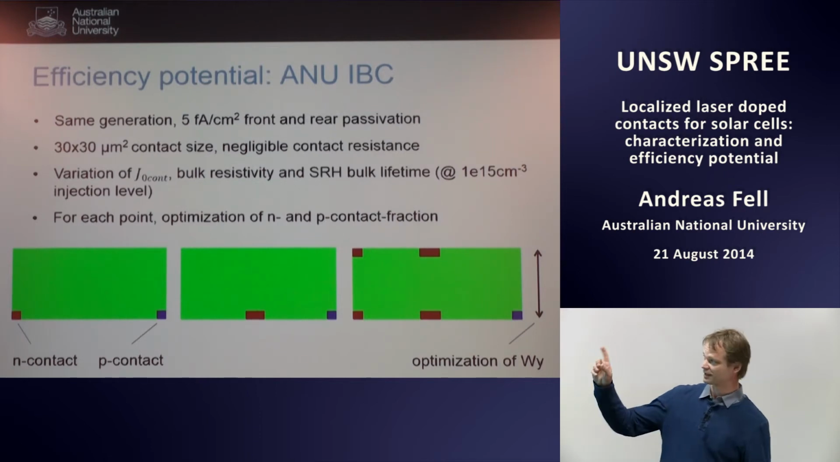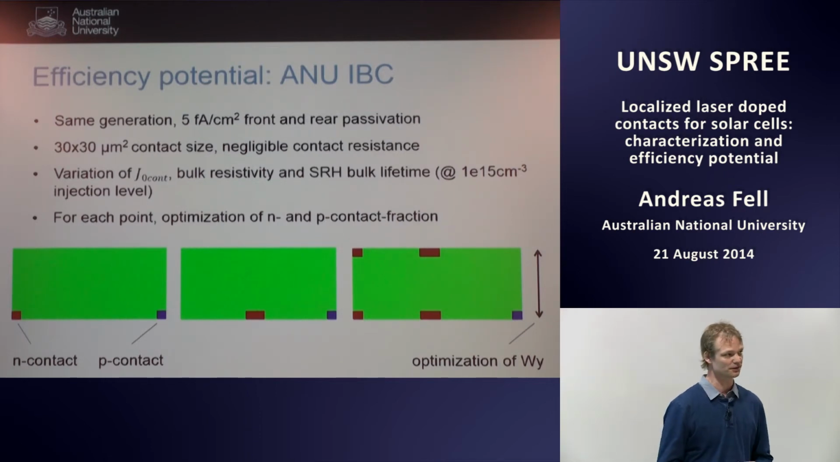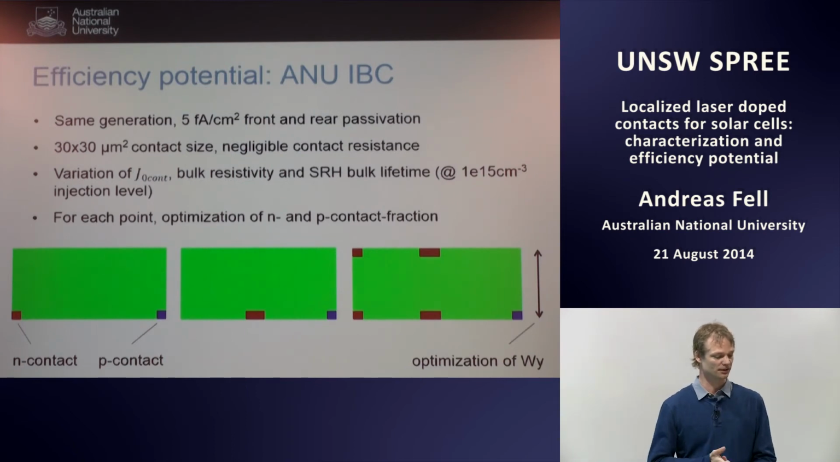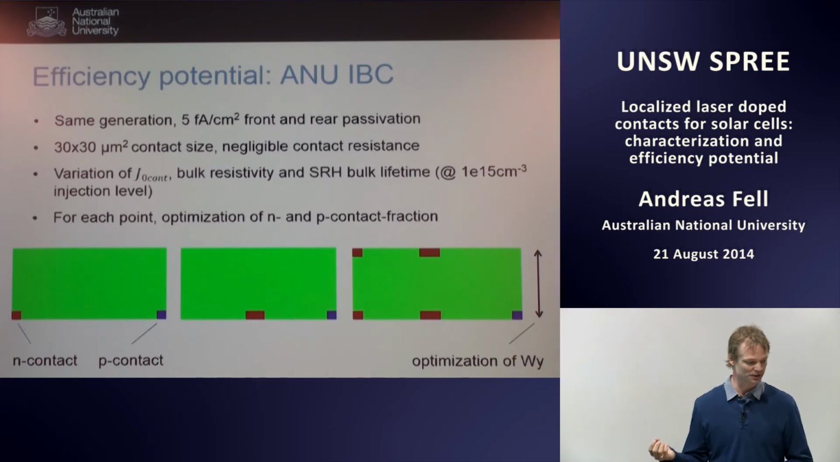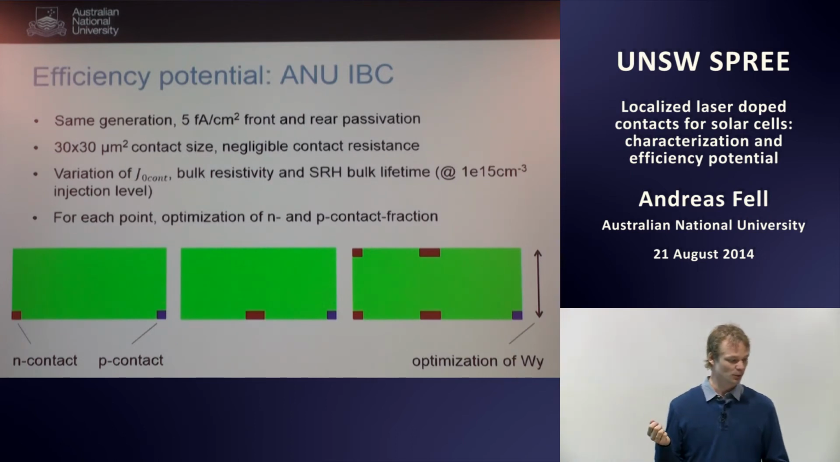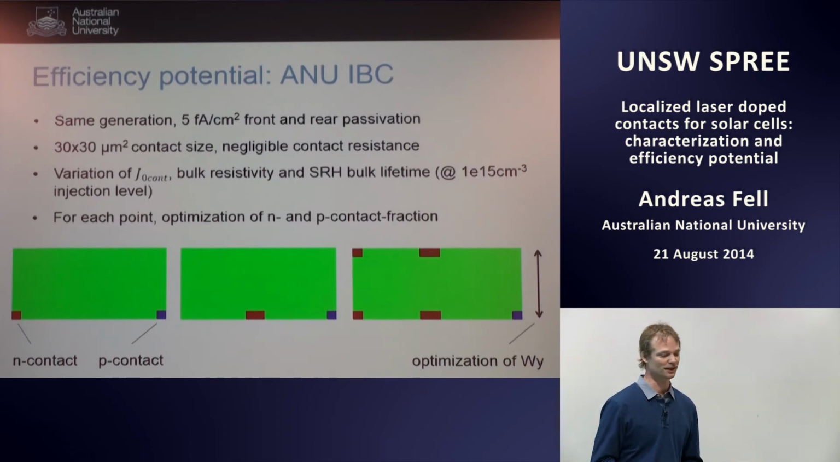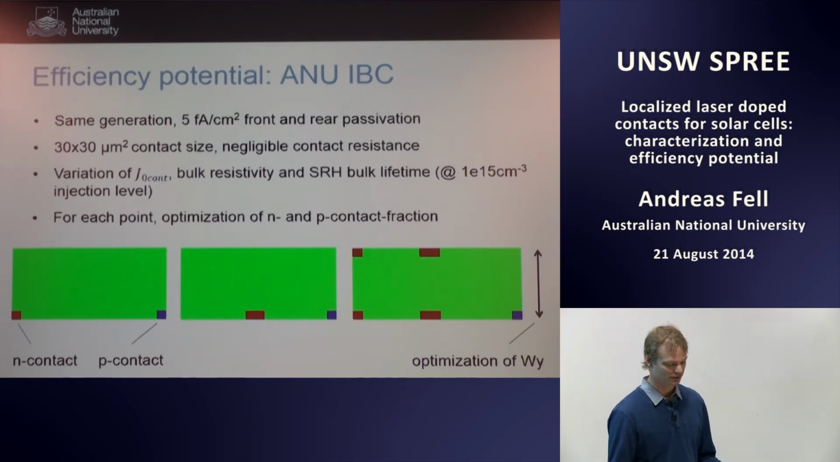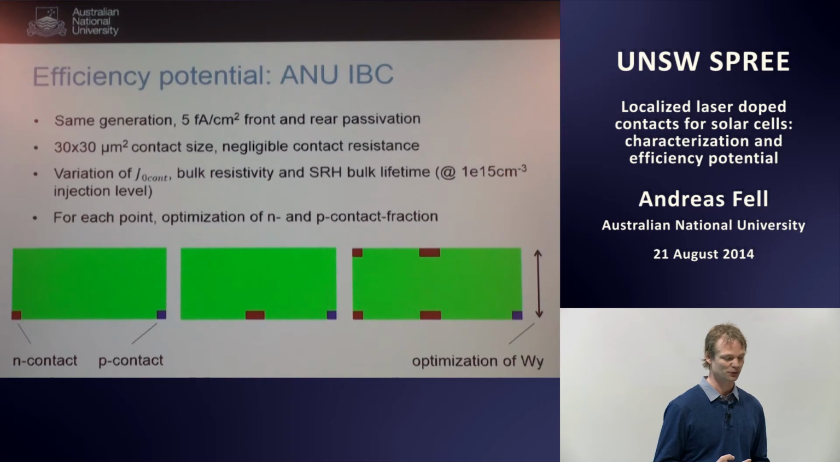Well, we said that contact resistance is not really an issue for this set of simulations. We just neglect that. And what we vary now is the recombination property again of that. We also vary the bulk resistivity, because we are also interested in what wafer we should take to make the best efficiency cell. And we also vary the bulk lifetime, because, of course, only very few of those wafers would be